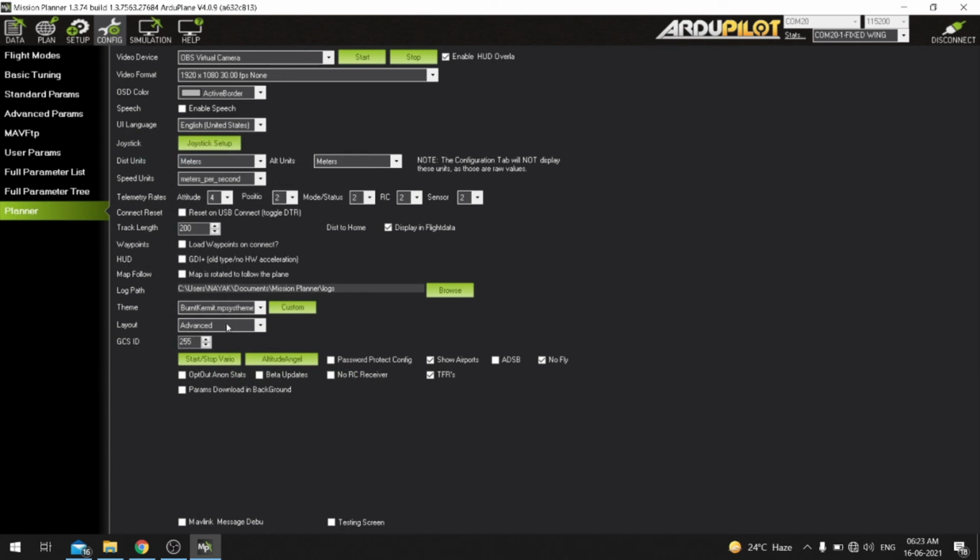So I suggest you guys explore a lot in the mission planner. There is a lot to learn. These are basic touch-up things to the points we are discussing, but there is a lot more to learn. That's all with the mission planner: data, flight plan, setup, configurations. For flight plan, I'm going to make a separate video, and for simulations also there will be a separate video, which will help you a lot before planning the manufacture of your drone or a fixed wing aircraft.